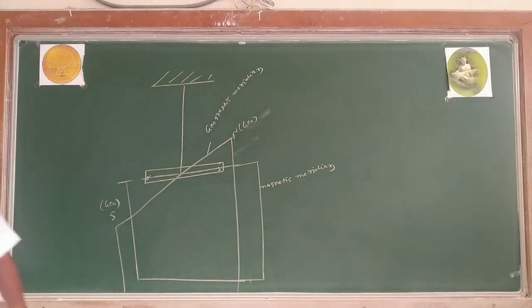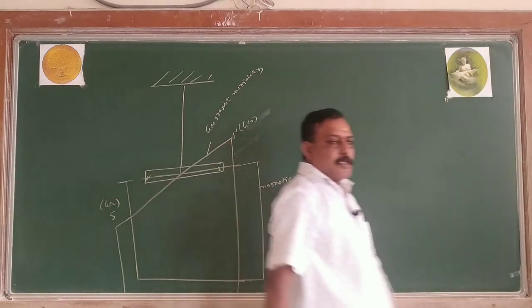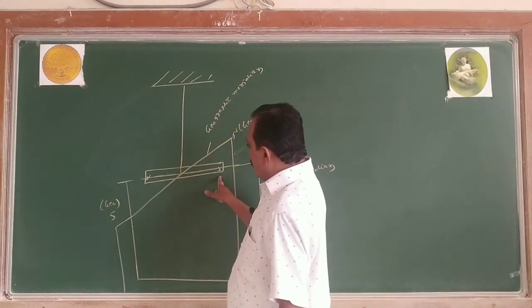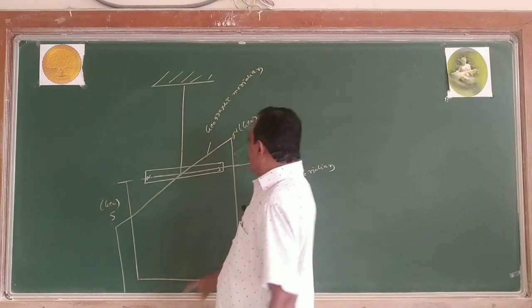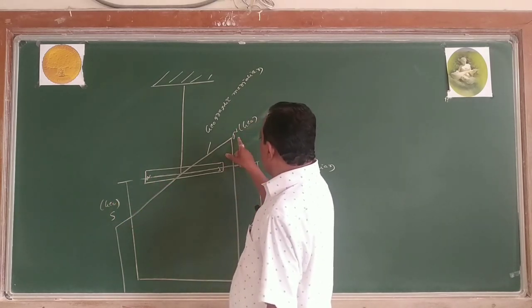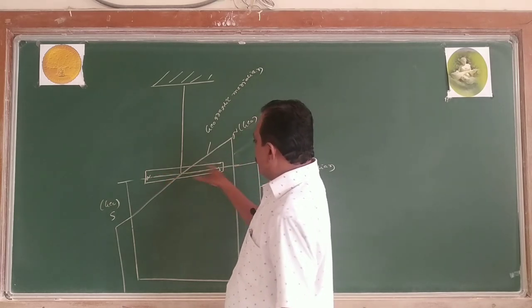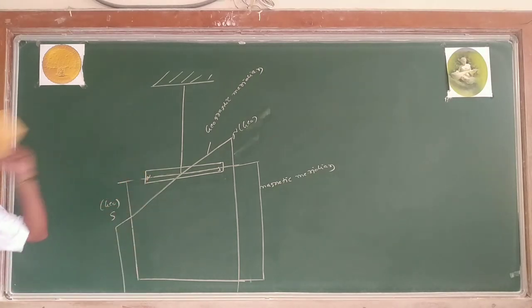What are the two meridians? One is the magnetic meridian, another one is the geographic meridian. First, initially I suspend the bar magnet, it shows north and south. The north of the suspended bar magnet is towards the south of the Earth, and the south of the bar magnet is towards the north of the Earth. There is a force of attraction, hence it always shows the direction north and south. That is called the directive property of the magnet.